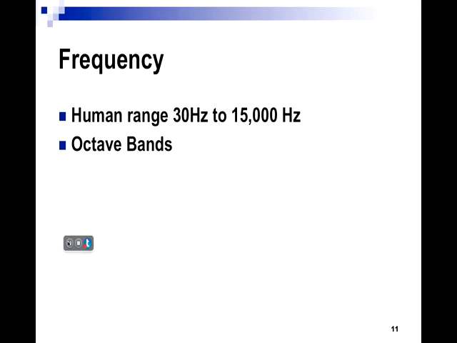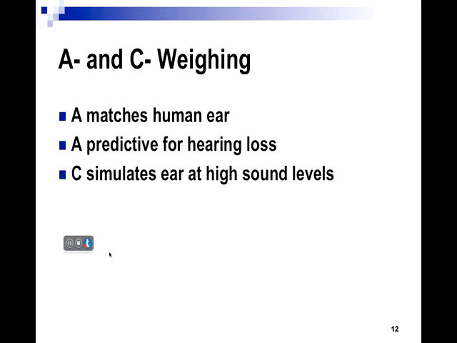Anyway, I'm back. The frequency for human hearing is between 30 and 15,000 hertz. Now we have different scales that we use for the measurements of occupational noise exposure. We have an A scale, a B scale, and a C scale. And the A scale pretty much matches what the human ear actually hears, and so it's pretty predictive for hearing loss. The C scale will simulate the ear at high sound levels, and they both have some uses and applications